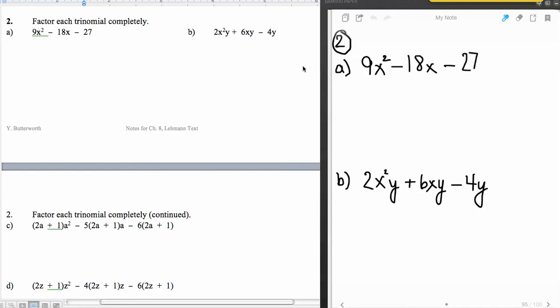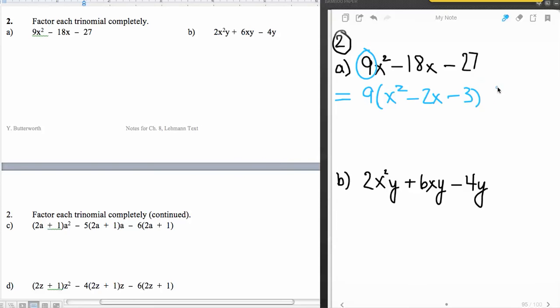All right, this is problem number 2 from the Your Turn out of section 8.1. Problem number 1, first of all, I'm going to notice this leading coefficient here. And so whenever there's a leading coefficient, I want to try to look for a GCF. So 9, 9, yep, they all have a 9 in them. So I'm going to take out a 9, which is going to leave me with x squared minus 2x minus